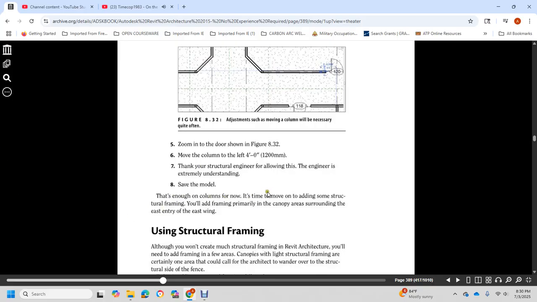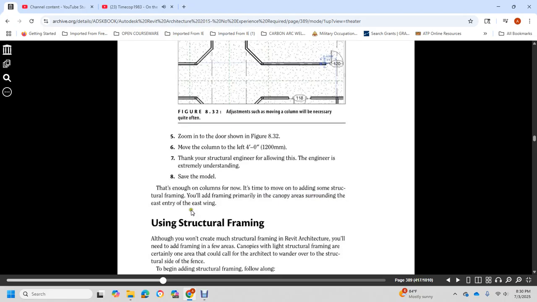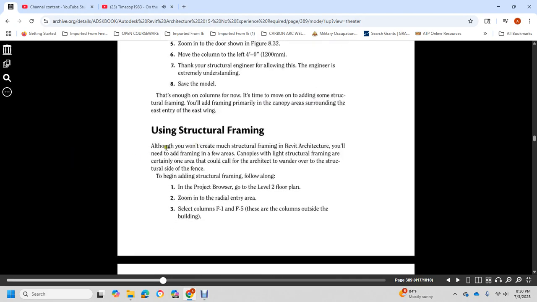That is enough columns for now, but it's time to move on to adding structural framing for the primary canopy area surrounding the east entry of the east wing. Although you won't create much structural framing in Revit Architecture, you'll need to add framing in a few areas. Canopy with light structural framing is one area where architecture could wander over to the structure. Beginning the structural framing, following along with the project browser, go to the Level 2 floor plan,